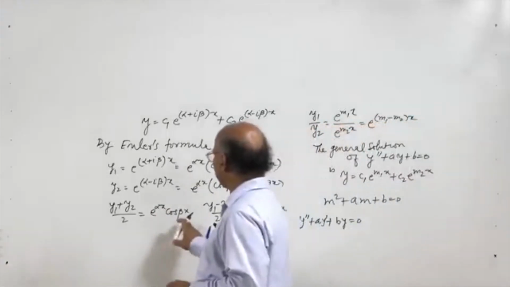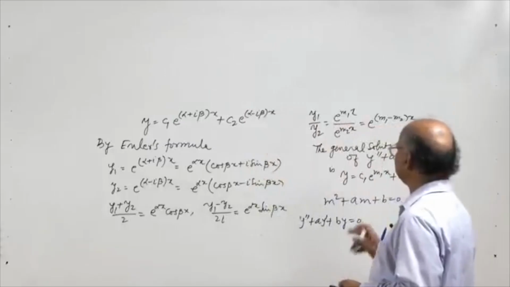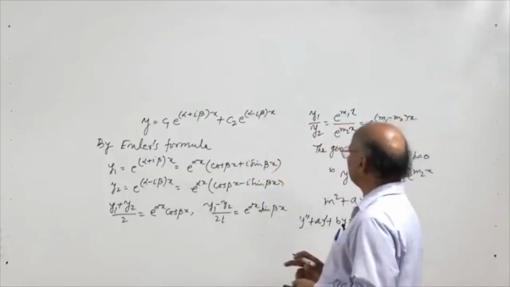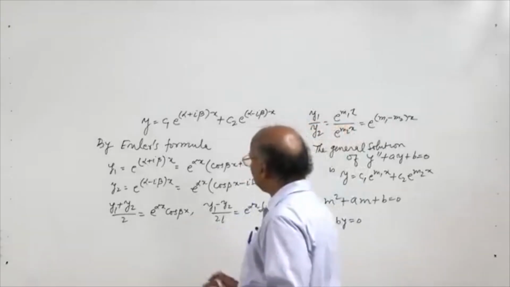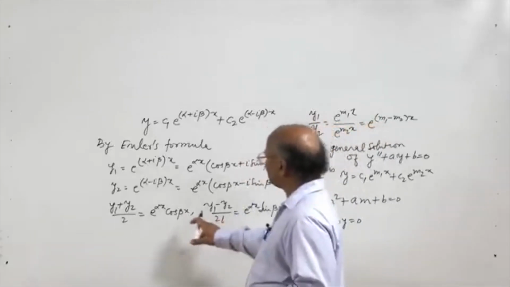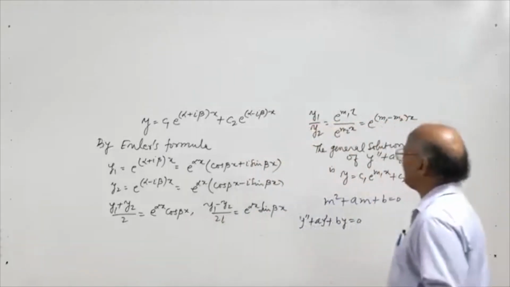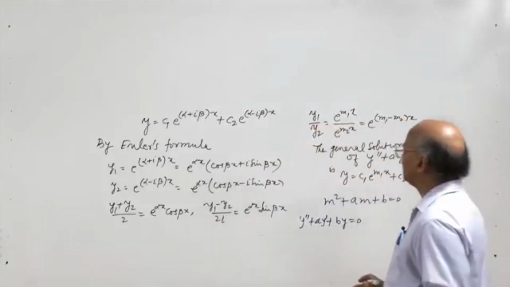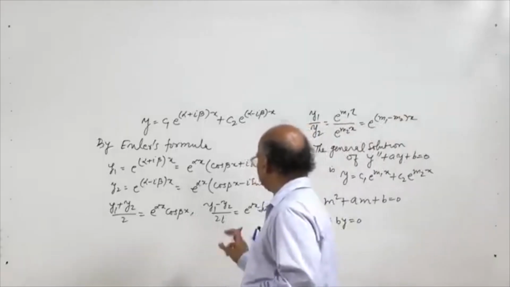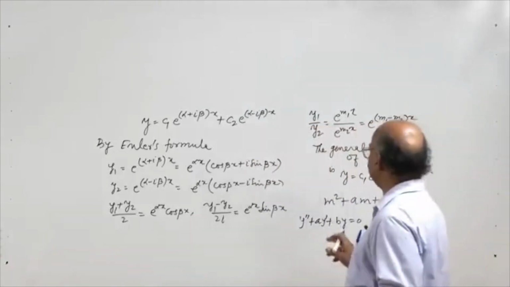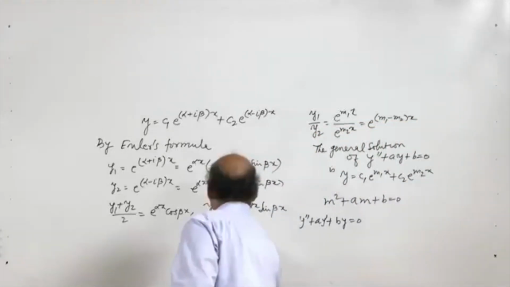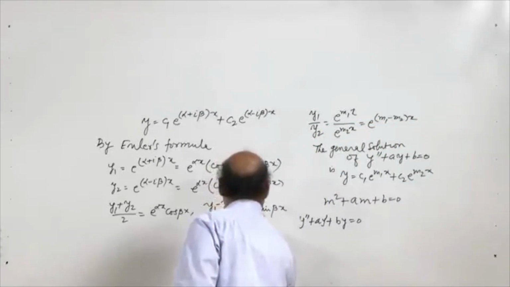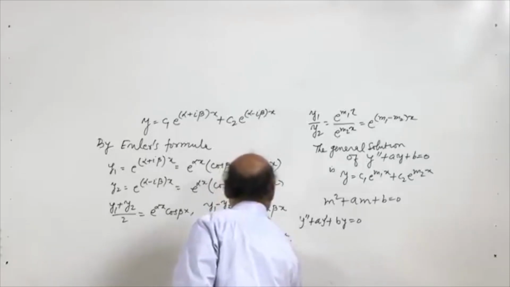So e to the power alpha x cos beta x is a solution of this differential equation, and e to the power alpha x into sin beta x is also a solution of this differential equation. Furthermore, we note that e to the power alpha x cos beta x divided by e to the power alpha x sin beta x is not a constant. So e to the power alpha x cos beta x and e to the power alpha x sin beta x are two linearly independent solutions of this differential equation. So since e to the power alpha x cos beta x upon e to the power alpha x sin beta x is not a constant,